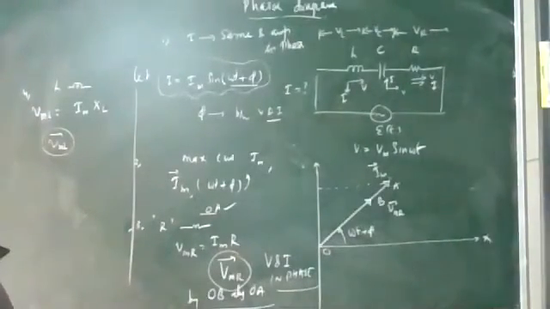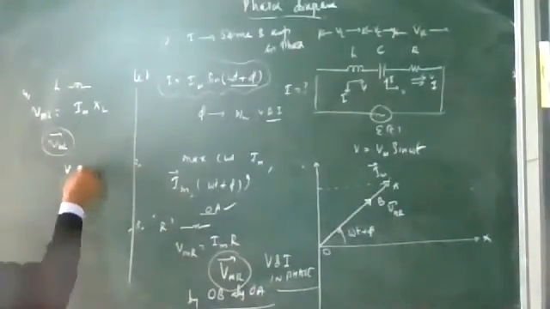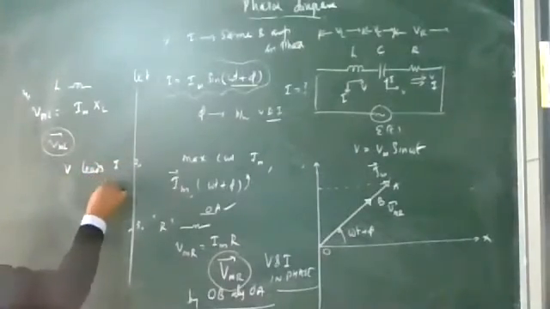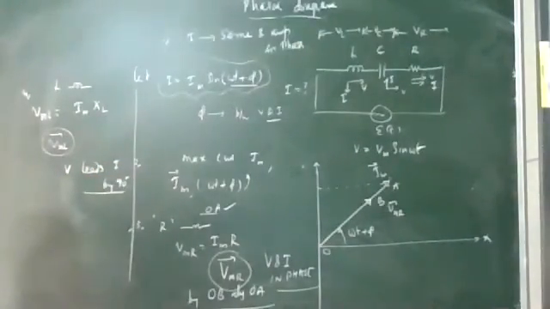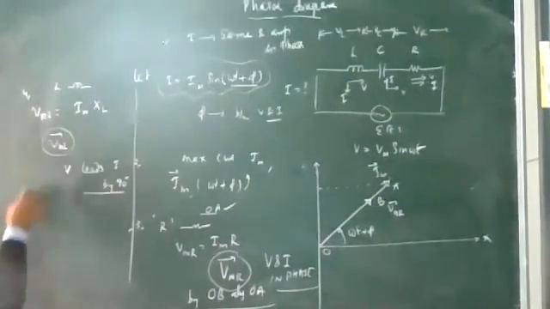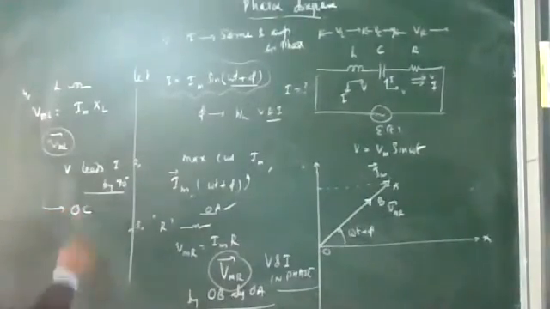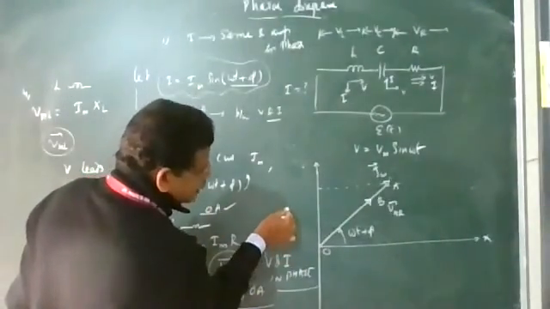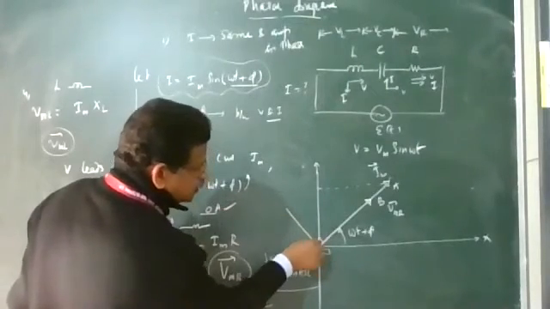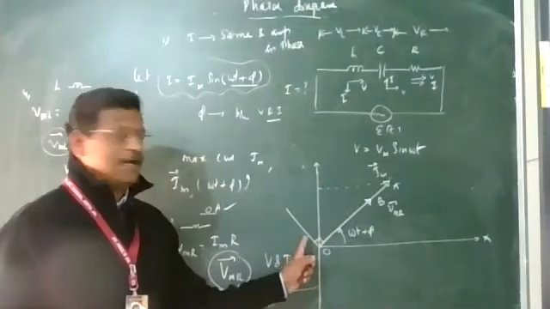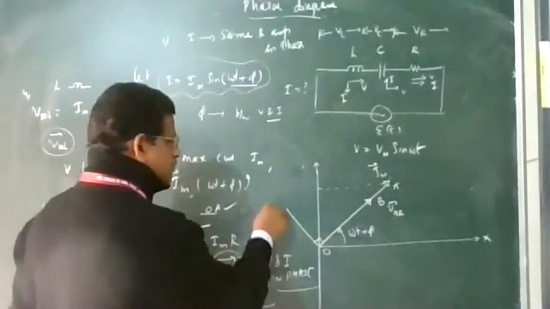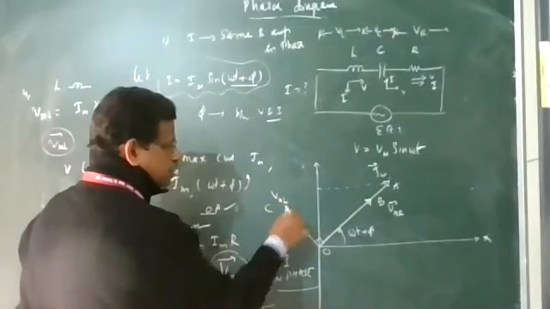In the case of an inductor, current is lagging the voltage by 90 degrees. Therefore, voltage leads current by 90 degrees. Current is already marked, so the voltage across the inductor leads the current by 90 degrees. This is represented by OC, which is 90 degrees ahead of the current OA, rotating through an angle of 90 degrees. This is the maximum value of voltage across the inductor.